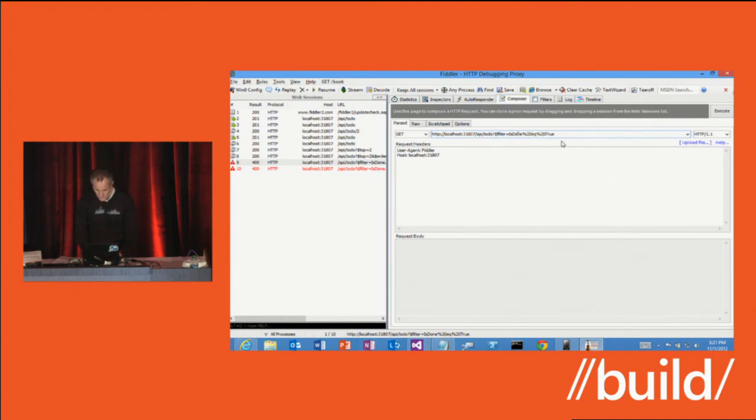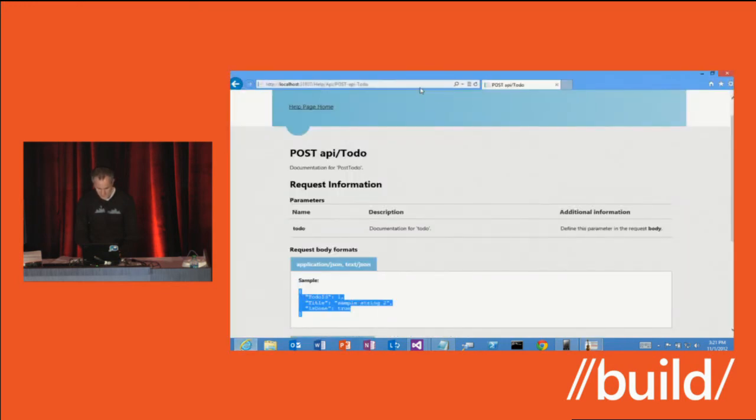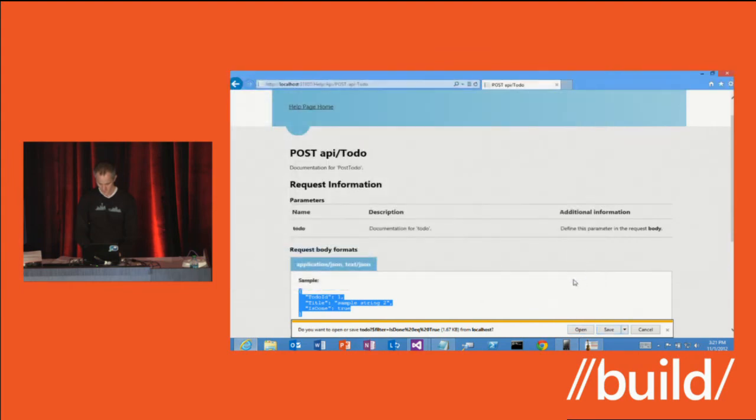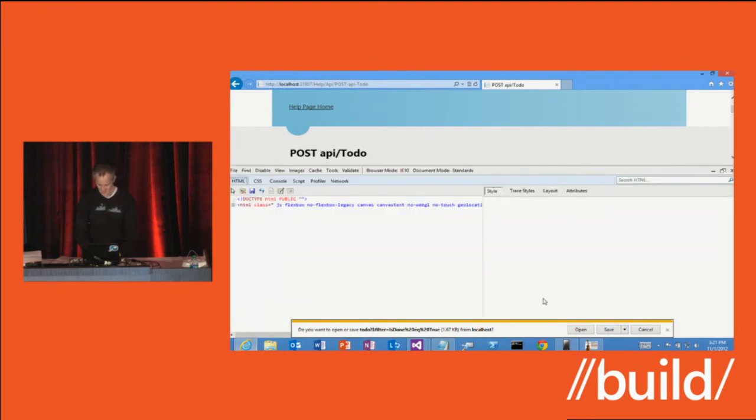Let me try this in the browser just real fast. Sorry, 1 second. I think I probably got an error response again.